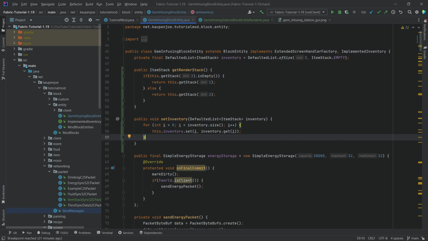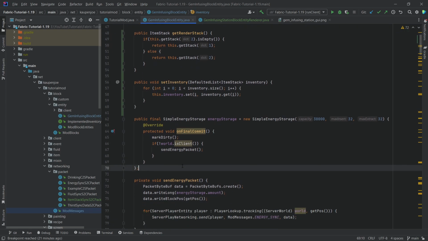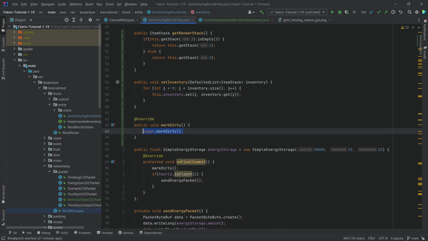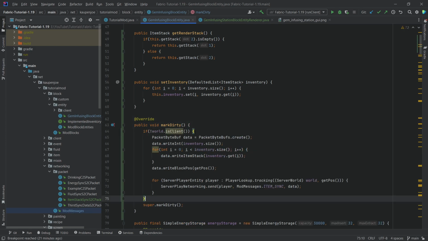Now the question is, where do we call this? Because the inventory doesn't really have a method over here. It's just a list. You could, of course, make a wrapper and do something like, where you change this. But what we can just do is override the markDirty method and use that instead. So we're just going to use the markDirty method, and we're just going to say, hey, if